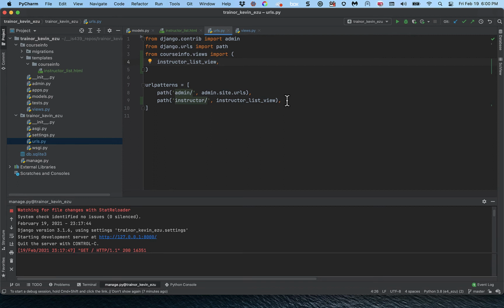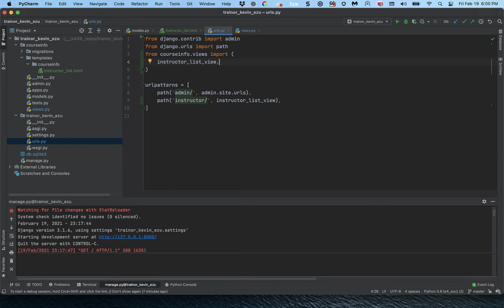I'm sorry. We need to improve our template so that we use a base template and inheritance, and so we get the shell of the page with the navigation links and all that kind of stuff on every page. We didn't do that yet. Okay, so we're going to be going back to the templates, and right now we have an instructor_list.html. Okay, and what we want to do is bring over